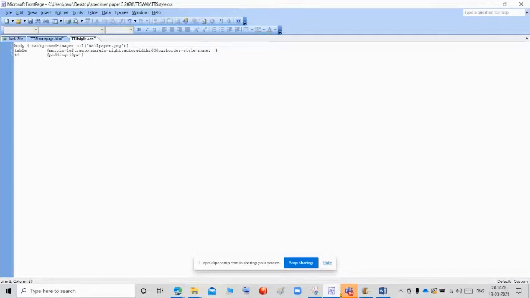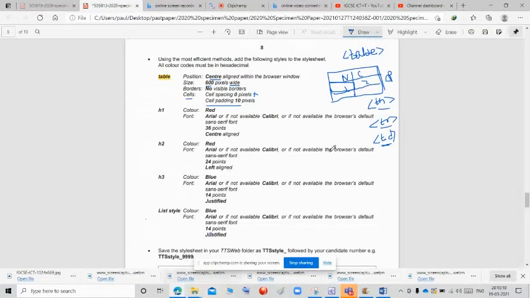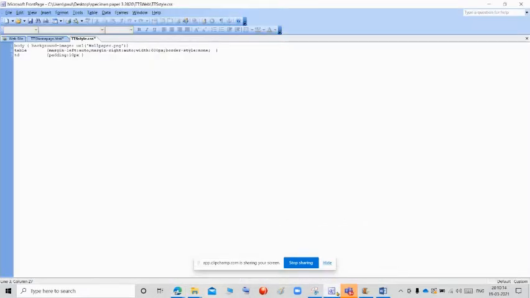And also for each cell there is the border. So the border style already they mentioned none. So give one more time border style none. We finish the table.